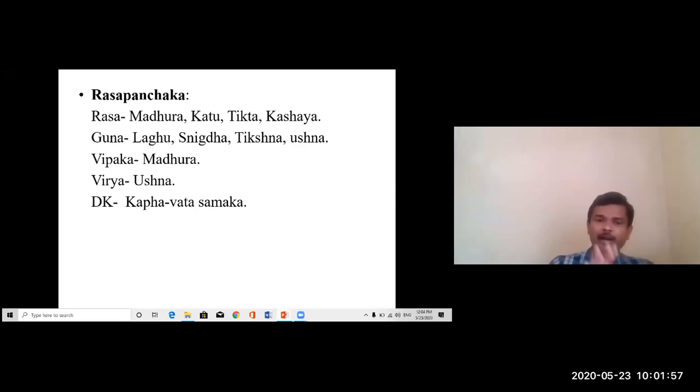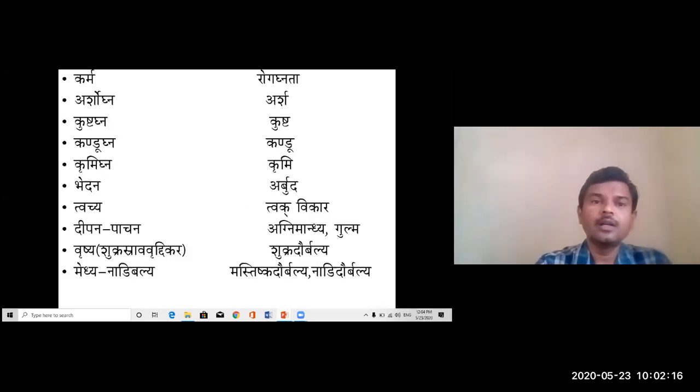Okay, and it is Kapha Vata shamaka, Vatari. It is one of the best Vata shamaka dravyas. In the introduction itself, it says that any type of Kaphaja vyadhi you can treat by using Ballataka. Okay. Next, we'll move to the Karma and Rogaghnata.